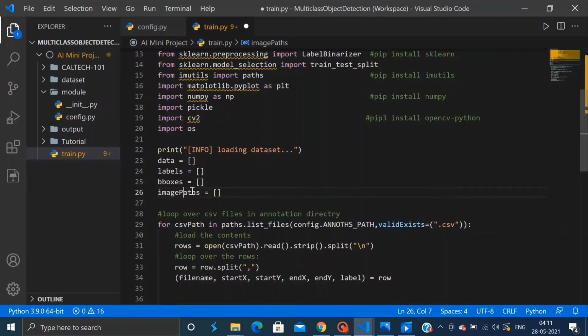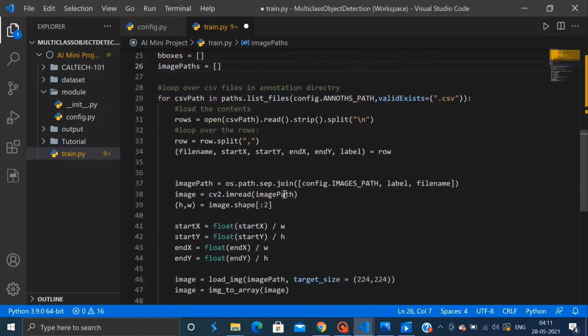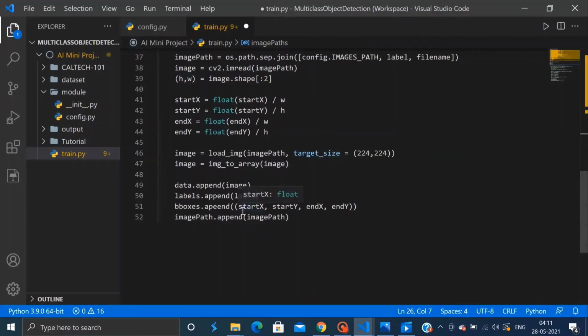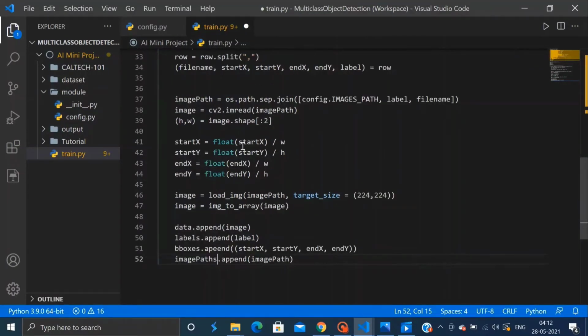Yeah, it should be image capital P for image paths. Make sure you use the same variable name at every place, otherwise you might get an error. Okay, so now let's continue pre-processing our data.